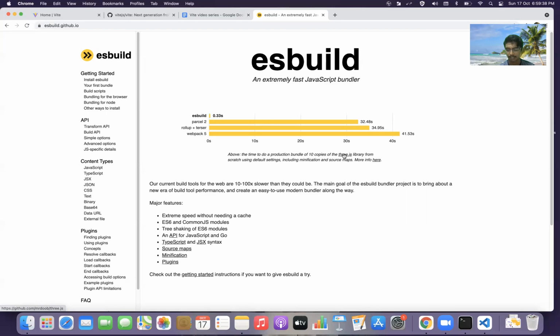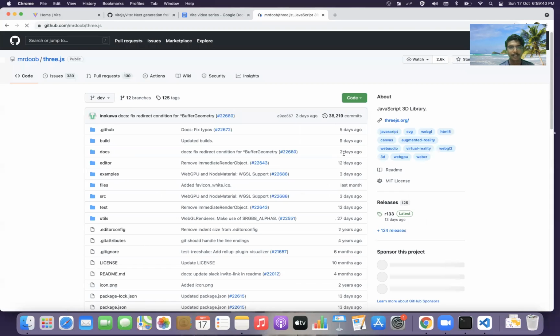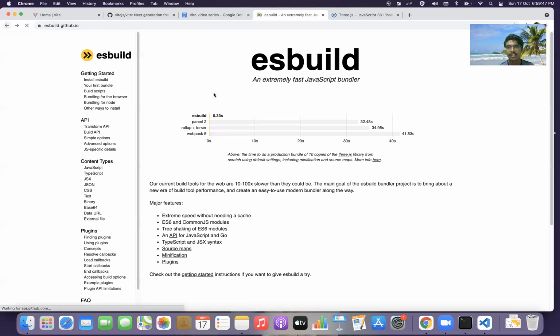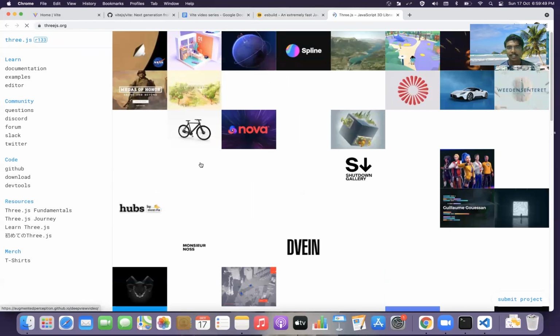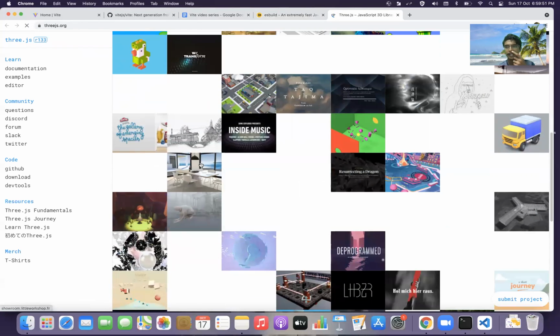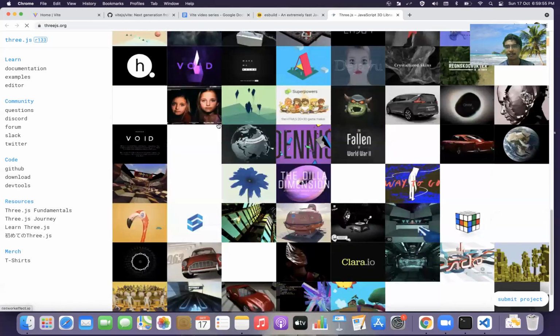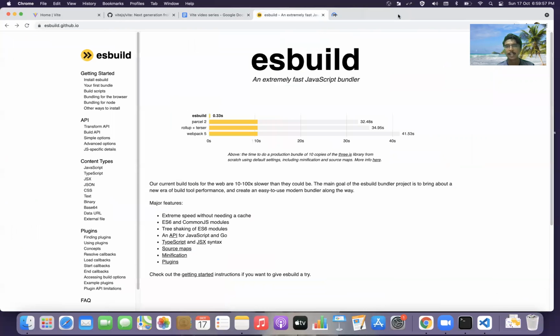I'll show you, if you want me to. There is something called Three.js, and you can head to threejs.org. It's a cool JavaScript 3D library. You can take a look at it also. Maybe I'll explore Three.js also. I'm interested in that. Maybe we'll do a separate video on Three.js. But for now, it's heavy. Three.js is a heavy thing.